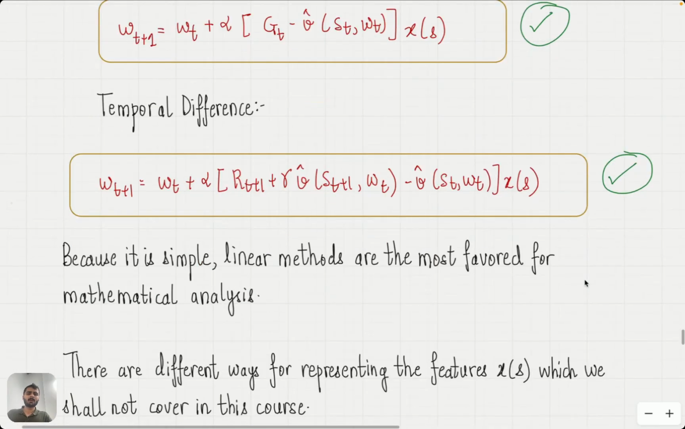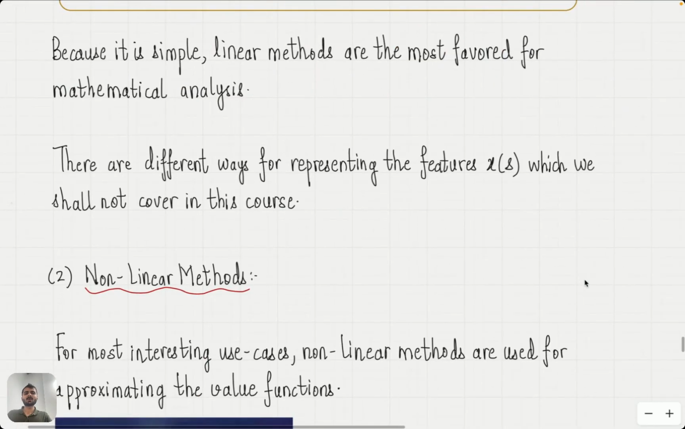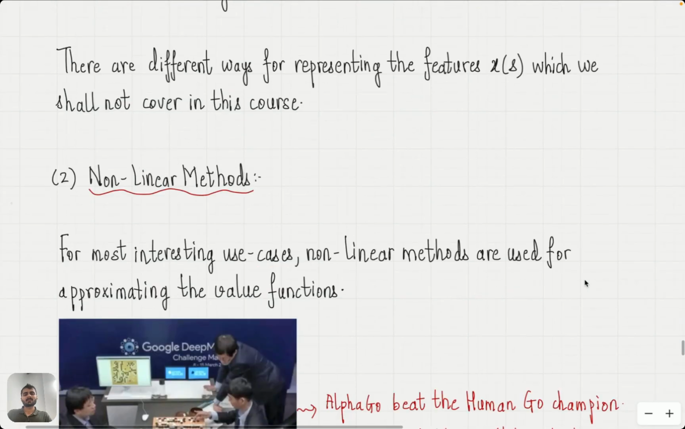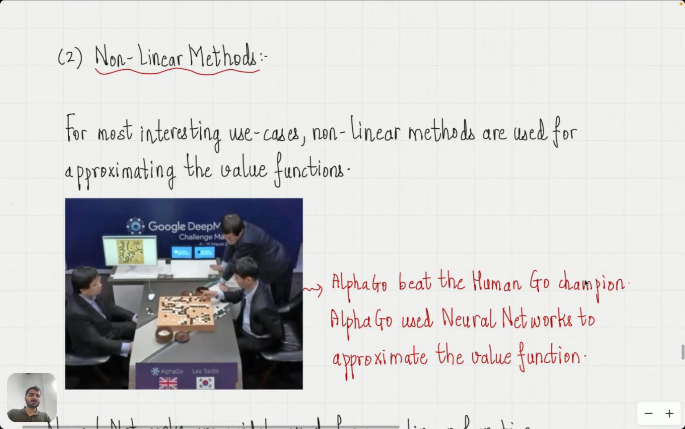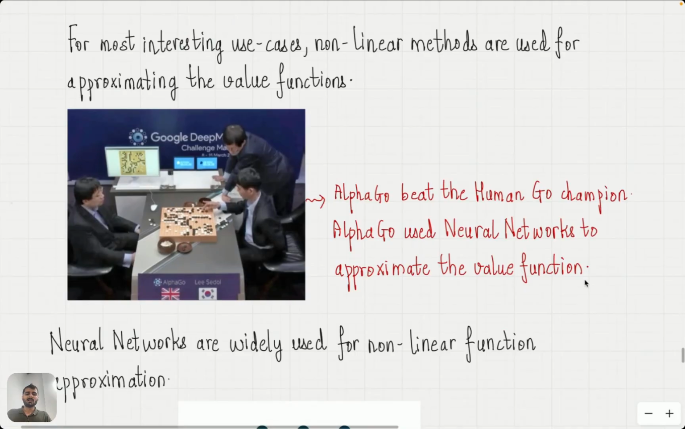Now, okay, let's look at non-linear methods. For many interesting use cases, linear methods are not used because they are very limited with respect to the functions that you can approximate. They are linear in terms of the weights. But for problems like AlphaGo, which beat the human Go champion, AlphaGo used neural networks to approximate the value function. So non-linear methods were used. Even in